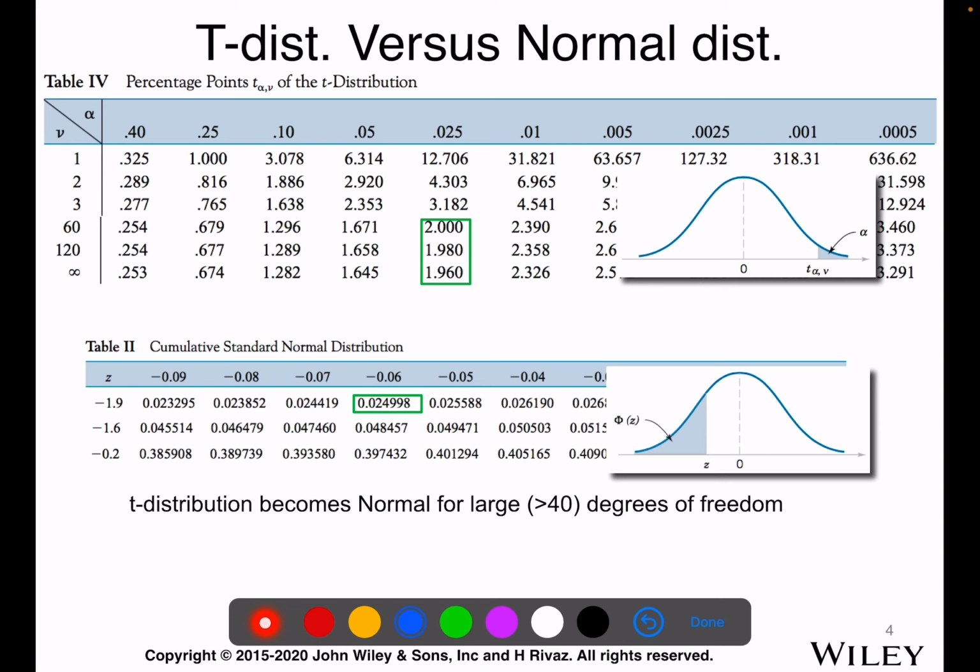You can also see that in numbers from the tables that are provided in the book and also in the crib sheet, right? So let's look at that. For example, for a degree of freedom of 60, it means that we have 61 measurements, right? We see that